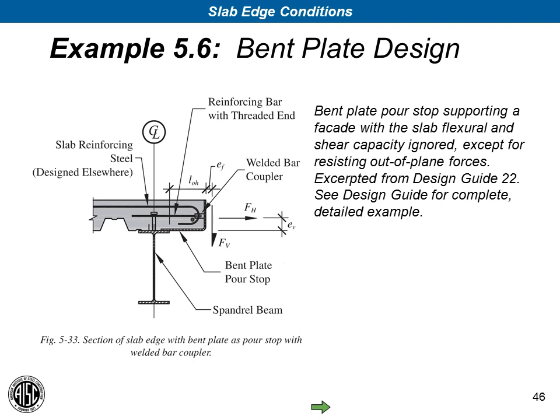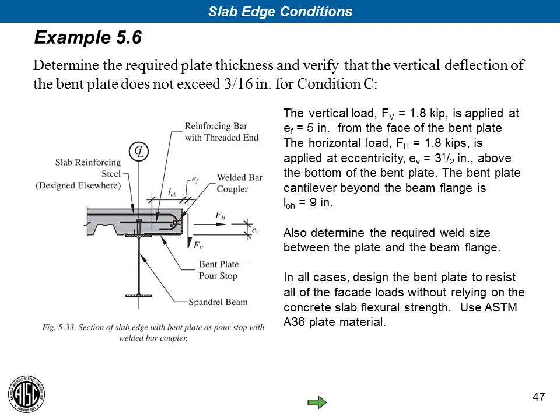So here's the problem statement. We've got a vertical facade load, FV, of 1.8 kips, and it's going to be applied at an eccentricity from the slab edge of 5 inches. This might be a typical curtain wall example. We also have a horizontal load, FH, of 1.8 kips, and that's applied 3.5 inches above the bottom of the